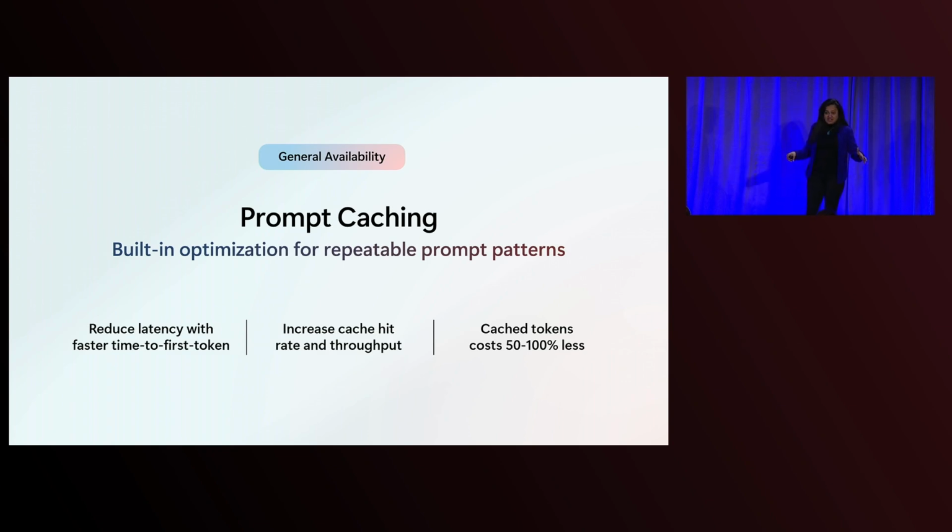This is automatic. If your prompt is 1024 tokens or larger, you get the benefit automatically. What also happens is that it stays in your cache for about 5 to 10 minutes, depending on how busy your workload is. And during the off-peak hours, it even stays for longer, for about an hour if you're lucky.